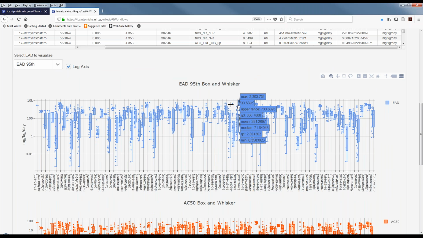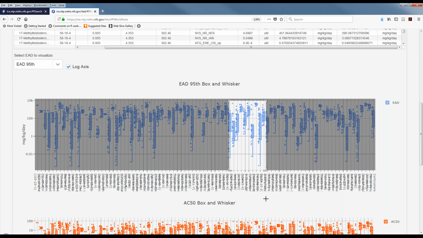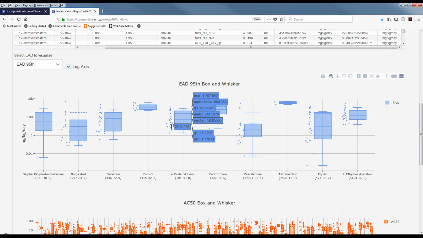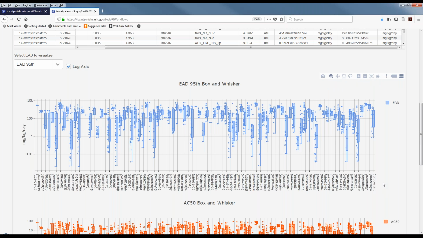The top plot shows your box and whiskers plot for all the different CAS-RNs, and it's pretty hard to read. So we can zoom in on one part of it to really expand it. On the side, we see the distribution of each individual assay point right here, and then we can see the overall performance, so you have your max, your min, and all the different statistics. What's nice about this is if you want to take a picture of it to download, you have all those options over here, and you can also click back to zoom back out. You can toggle between the 50th and 95th percentile, so you will see some differences in the points there.